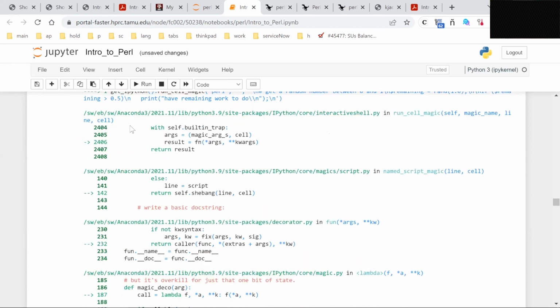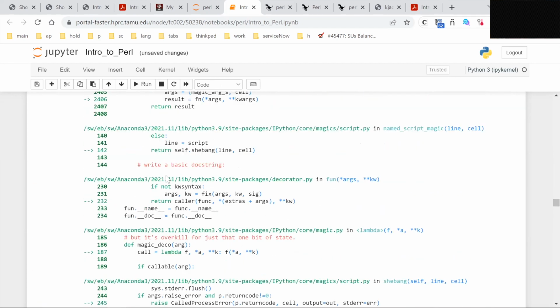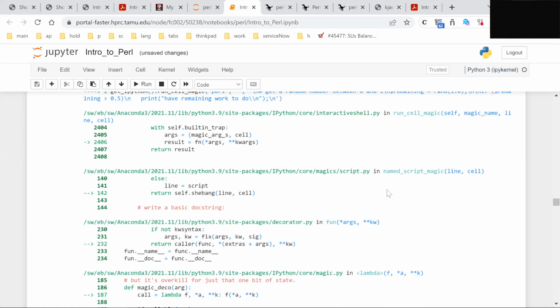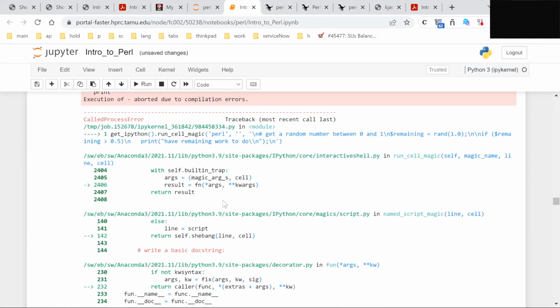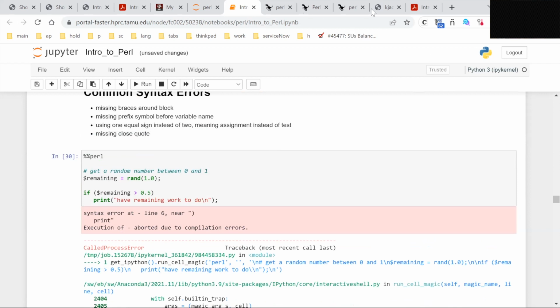So it's going to give you all of these messages, and a lot of these are from Anaconda. So that's this, because this is wrapped within the Jupyter shell. Like if I ran this on the shell, then I would probably just get these errors here. So you can ignore all this stuff here, but it's going to say line 6, 1, 2, 3, 4, 5, 6. And it's going to complain that